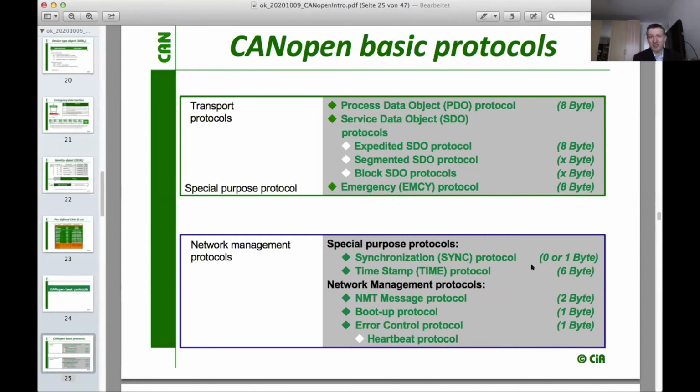This is called in CANopen process data object. It is more advanced than that. It allows to define parameters, which parameters should be mapped into the CAN message itself. And it is used for pure and very effective one message